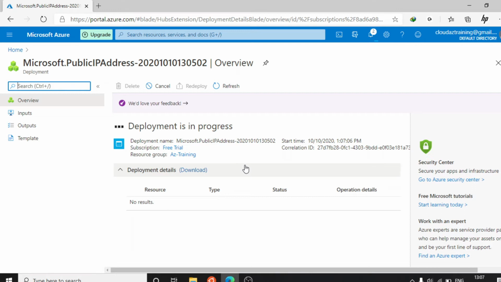It will take a little bit of time, we are just waiting for that. Once deployment completes, we will proceed to the next step.